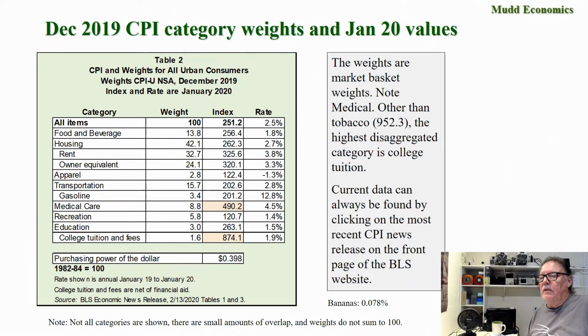So you can see that, of course, all items has a weight of 100. So when we go down this and we take a look at food and beverage, right here, for example, then the weight for that currently is,